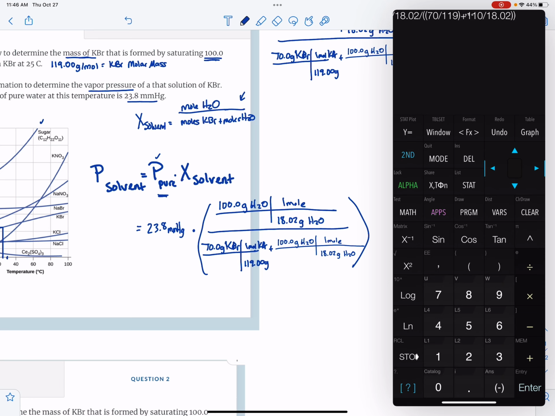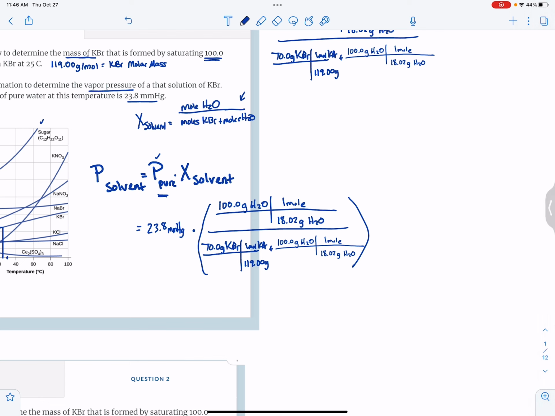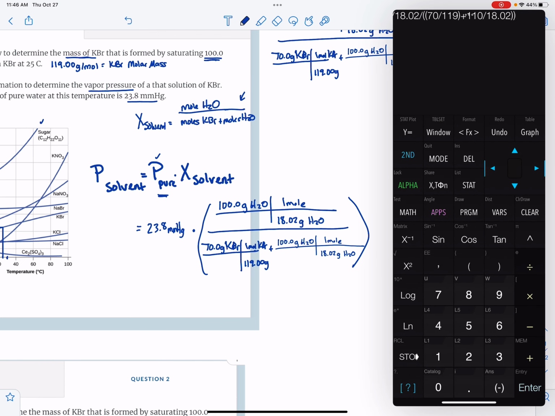Parentheses close. And I'm going to do a double check because it's really easy on all of these to accidentally put this in wrong. So 23.8, got that on top. I've got a big parentheses around the bottom. And so I think that looks good. And so that number is